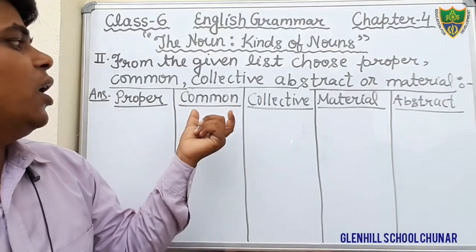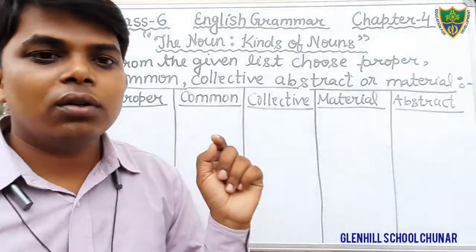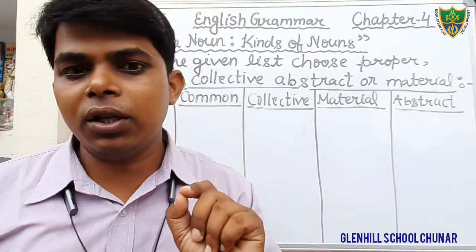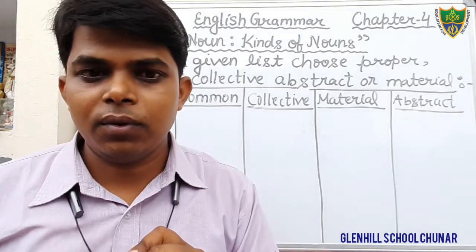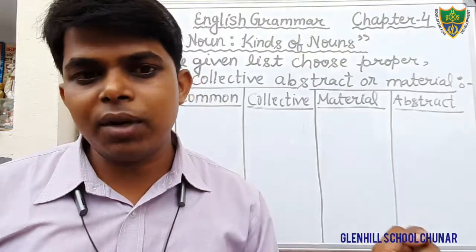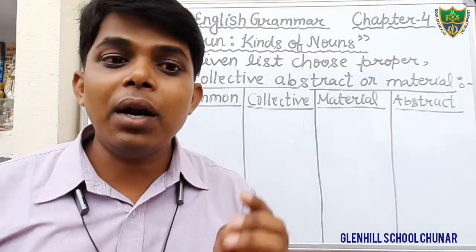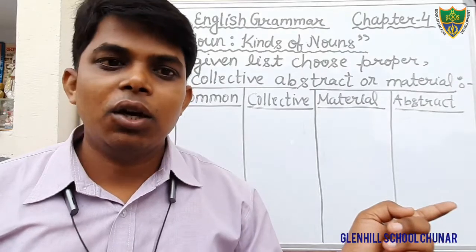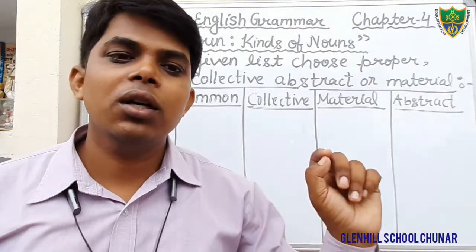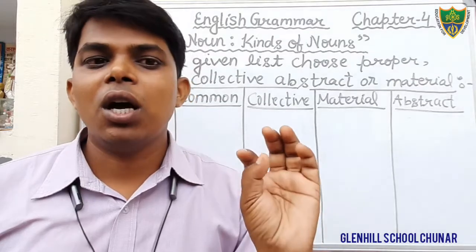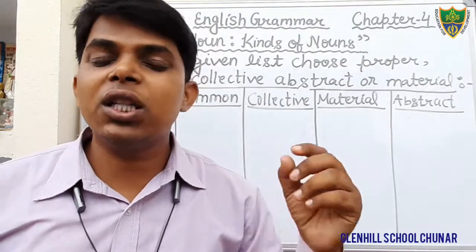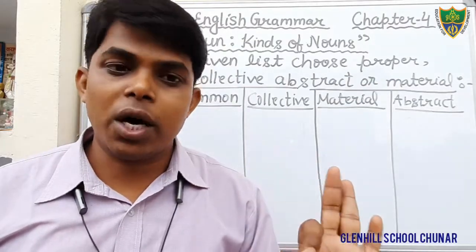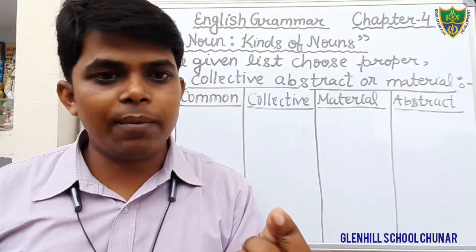Okay, and common noun. Common nouns are those which are common to every person or every creature or everything, of the same kind, of the same category, of the same class. For example, boy. Boy is common for all boys, such as Mohan, Sohan, Rohan. These three are particular names. But what is common in them? They are boys. So the word boy is a common noun.